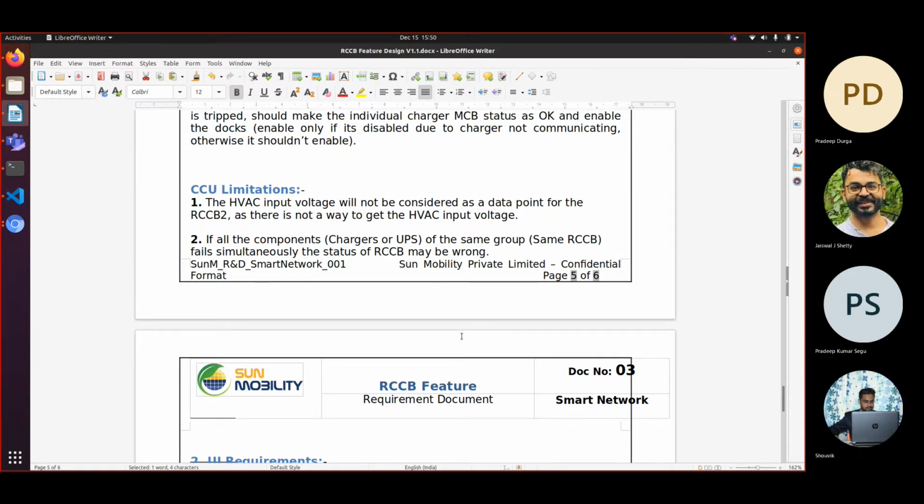Can you share the link of this document from the SharePoint? Okay, I will send that also. But I had already sent the document to you yesterday. Yes, I see that in the email.